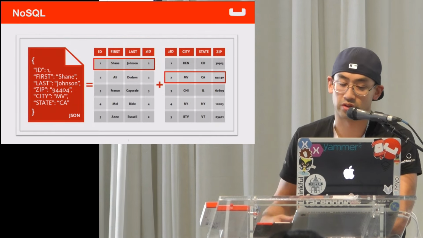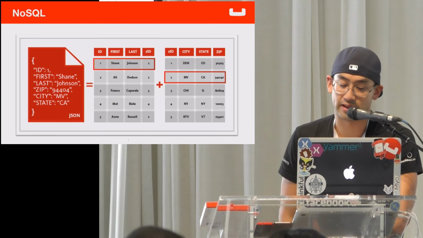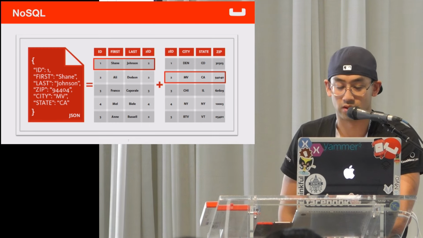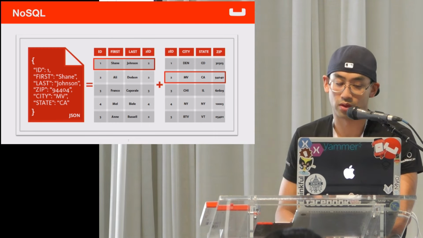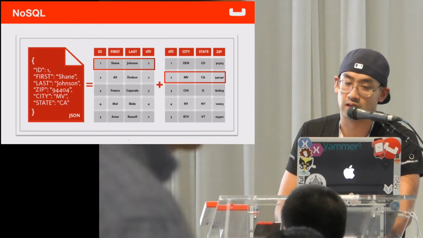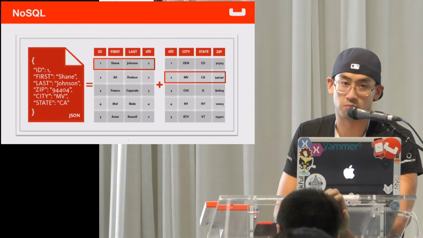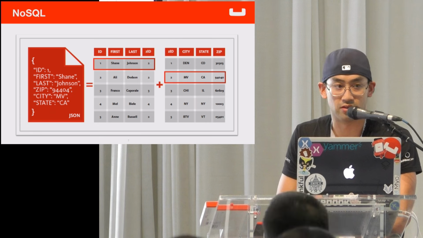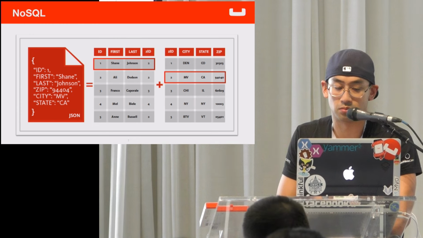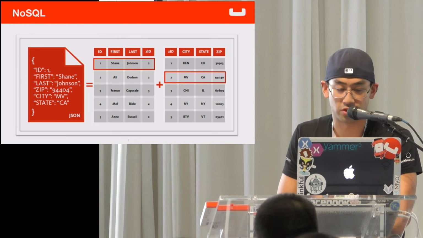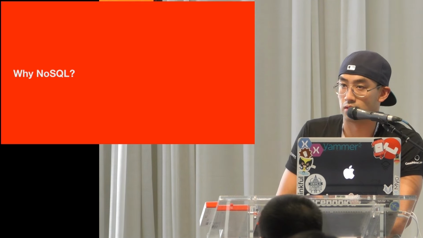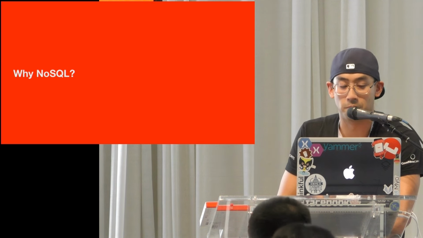So NoSQL is really just JSON, right? It's flattening two tables, as an example, into the equivalent of one document of keys and values. That's what NoSQL is. There are multiple flavors of NoSQL. Couchbase is a document-oriented database. Those familiar with MongoDB, they're based in New York, right? It's the same kind of schema in that regard, the same type of database, with different use cases. A lot of people switch to Couchbase for various reasons, but I'm going to be focusing on mobile, and that's why NoSQL makes a lot of sense for mobile.